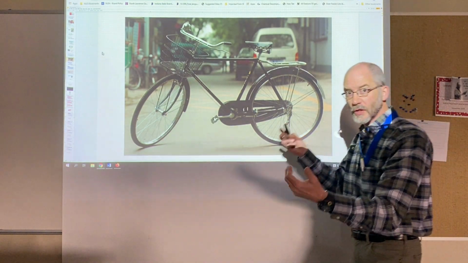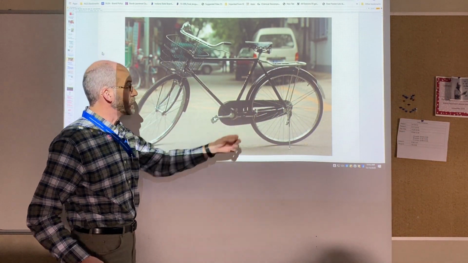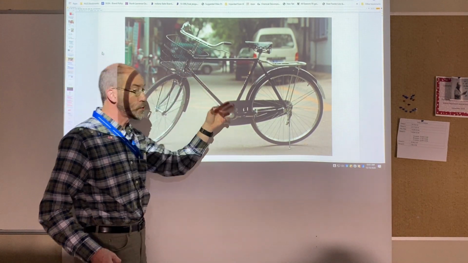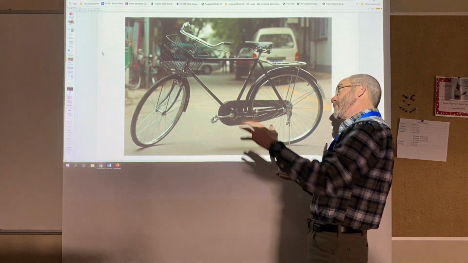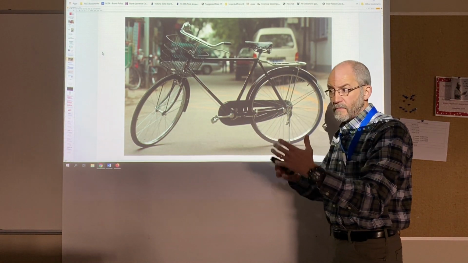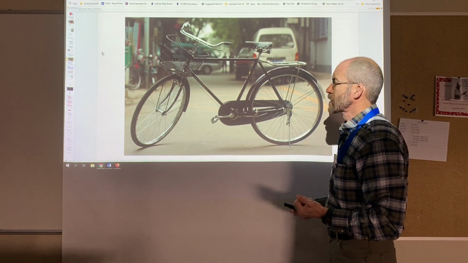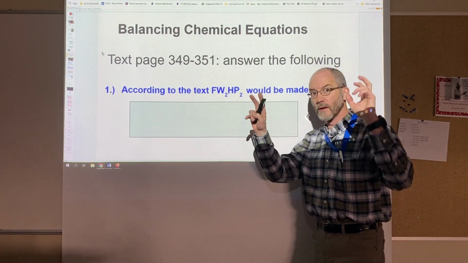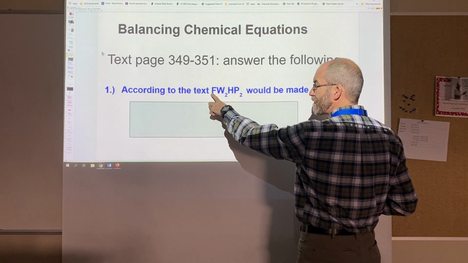And they asked you to look at the bike, and obviously you look at the bike and you can see that it has two wheels, it has a frame, it has a seat, it has handlebars, it has two pedals. But honestly, if you don't have those things, then, you know, I don't mean to be silly here, but you don't have a complete bike. So when you look at the chemical formula for the bike, well, what did they come up with? Well, they came up with